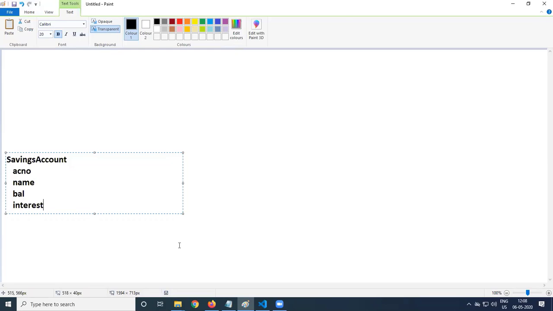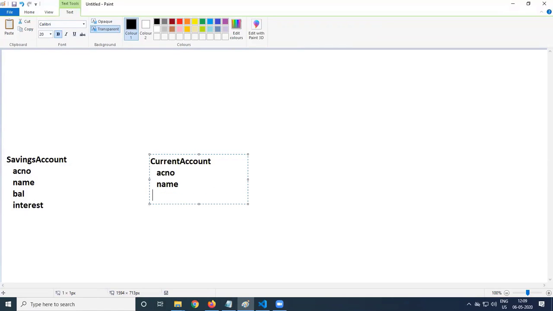Another type of account that we have is called a current account. So we are discussing inheritance. First, let us understand the need of inheritance. In this current account, what all things are coming? We've got the account number, the name of the account holder, the balance amount. Now there is no interest for the current account.